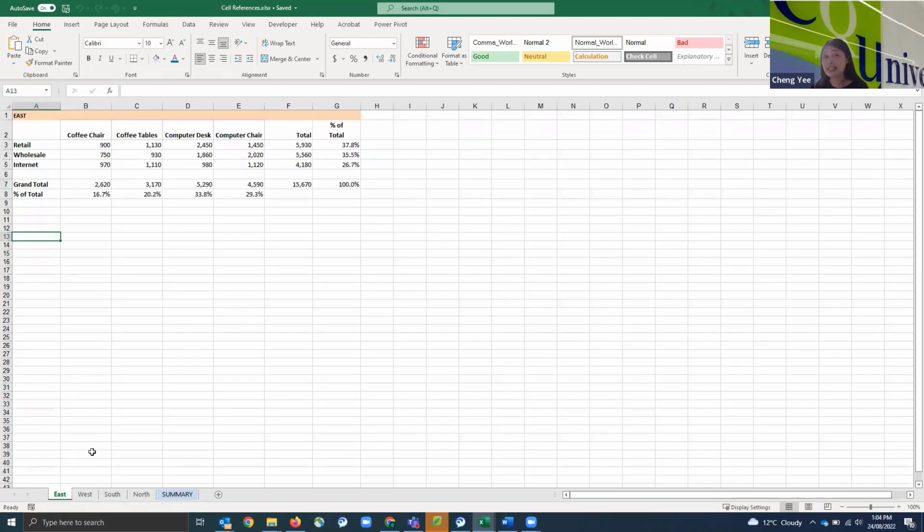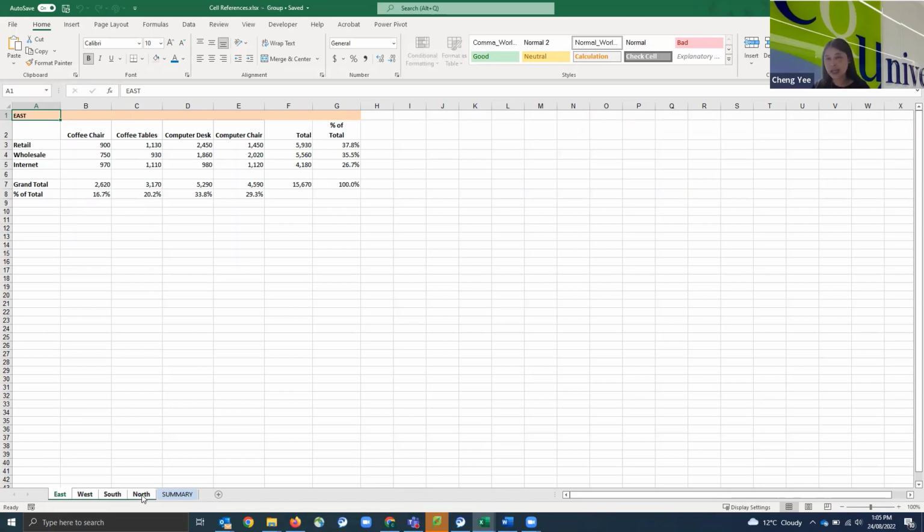Because these 4 worksheets have the same format, if I want to change the font of the heading and center it by merging the cells, I can select them together and change the format once rather than repeating the same step 4 times. You want to change this heading and make them all consistent. You're going to do it 4 times, but we can do it at one time. So how do we select multiple sheets? You can click on the first sheet that you want to select, and then with the shift key, click the last one. In this case, I will click East worksheet, and I'm going to hold down the shift key and